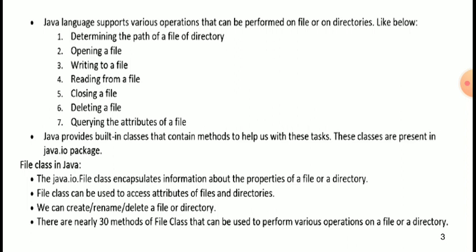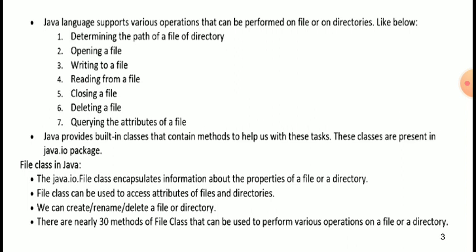Next, Java provides built-in classes that contain methods to help us with this task. These classes are present in the java.io package. File class in Java: the java.io File class encapsulates information about the properties of a file or a directory.